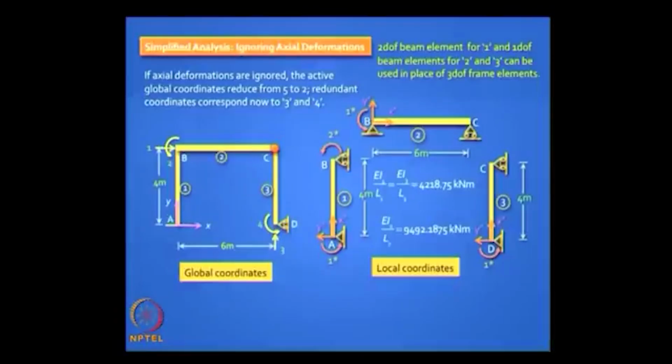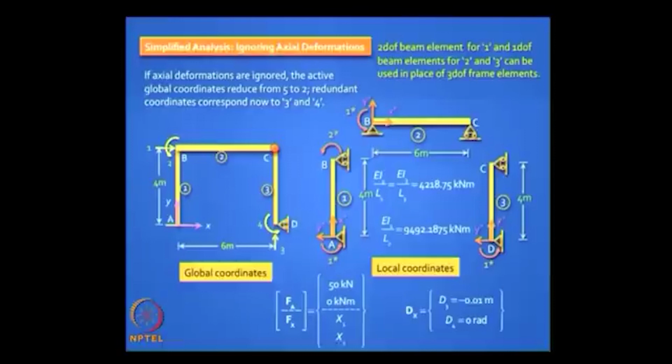For element 1 you still have 2 degrees of freedom, but because we want to take advantage of the internal hinge at C, I put a roller support there, so I have only 1 degree of freedom, and my FA and Fx vectors are easy to calculate. It is smaller, much easier to work out. dx is the same; only thing, earlier we wrote d6 d7, now we write d3 d4. Force transformation matrix is much smaller, much easier: F1 equal to 1, F2 equal to 1, same results,